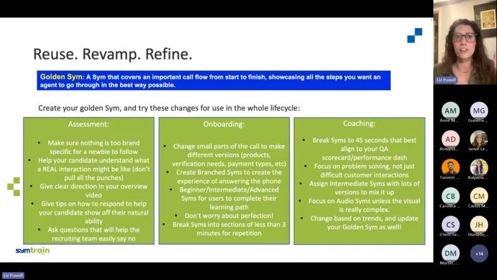What you see with tenured agents specifically is trying to give them long trainings to address something that they're working on isn't very effective. They don't get engaged with it. It feels more like a chore than it does something that they want to engage in or that they see is going to be helpful. So keeping Sims less than a minute, less than 45 seconds, if you can, really allows those agents to get